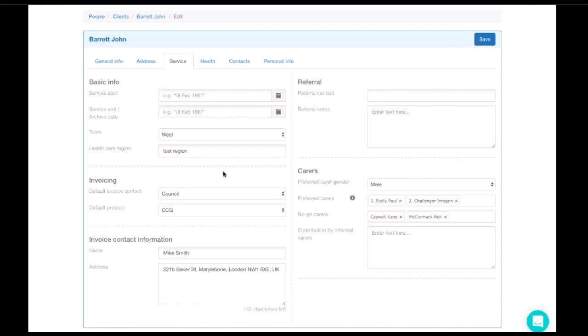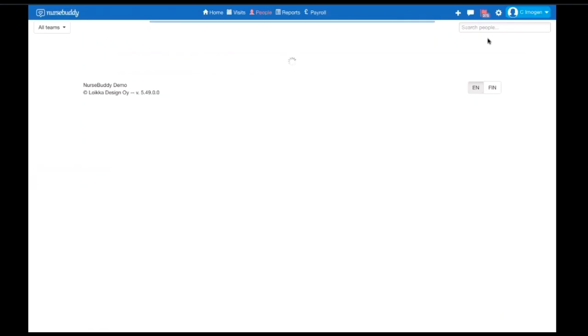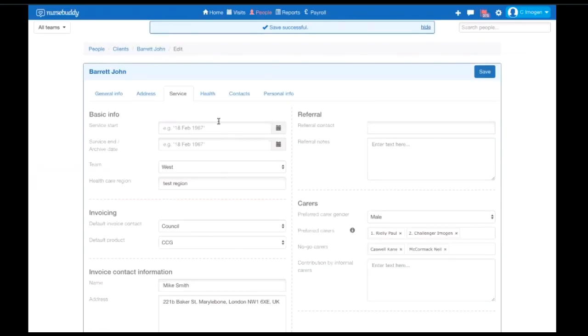What's really important though here, if you're backdating this information, this default rate will only apply to new visits that you create. So this only works if you're starting from scratch and you've got no visits yet for your clients, and if they mainly have one type of visit rate. So I can press save,